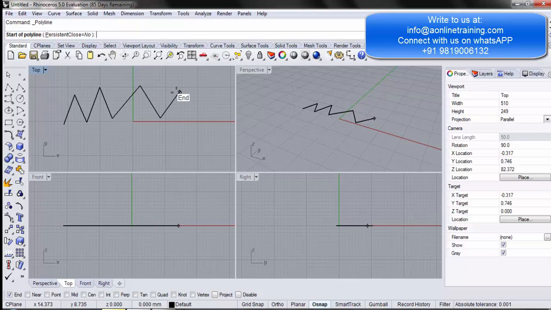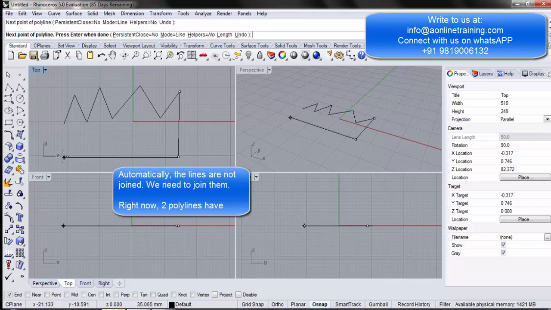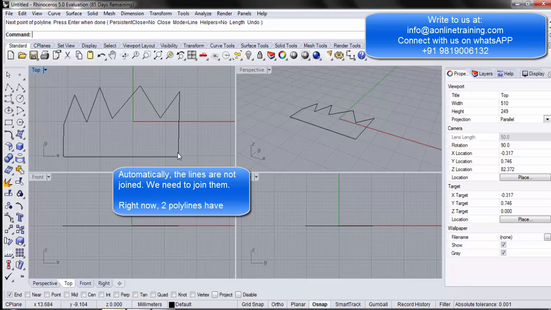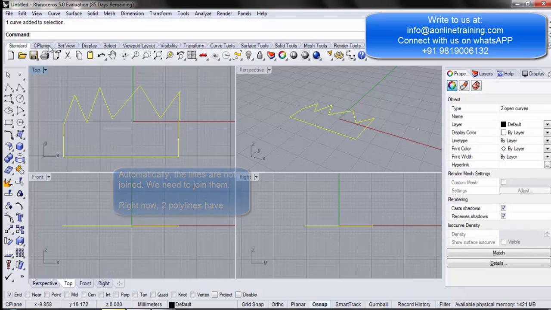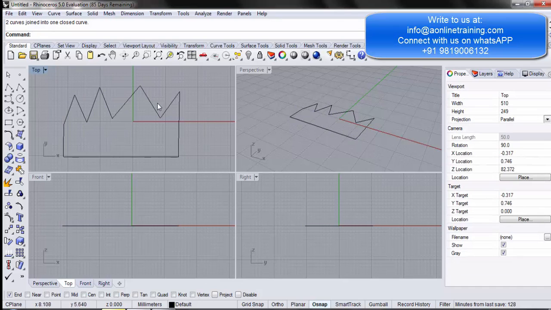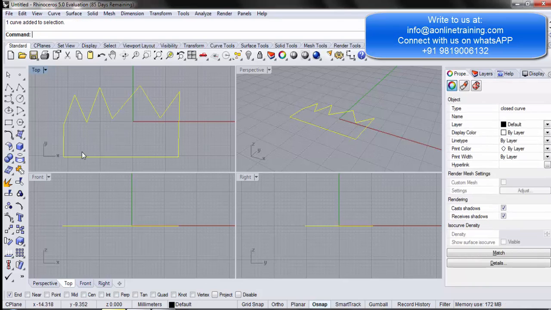Now I want the new polyline to start from this specific line, so I move the mouse over the end point, I click, and in the command prompt I will write join. I hit the enter. Now two curves join into one closed curve, which means if I select it, I will only get one closed curve, and then once you know it's closed,